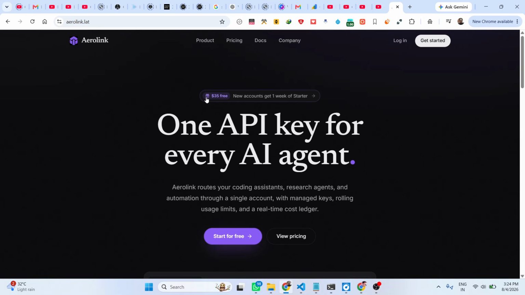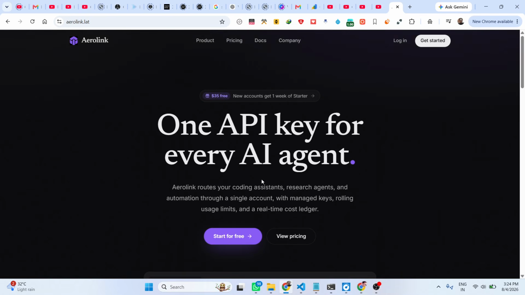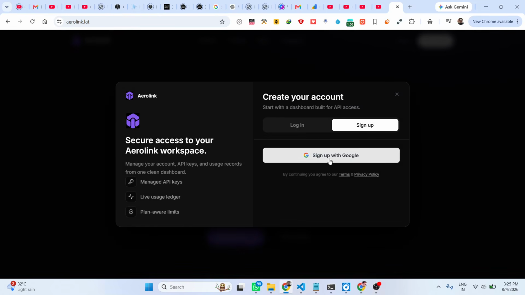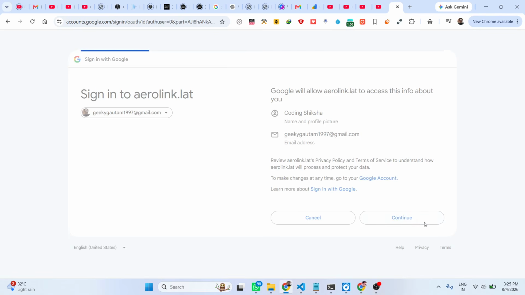I recently discovered this website 1 week ago and it's a very simple website which provides you with a free API key of Claude which you can use in any kind of agent. So now to get started, as you see, you click on start for free and you have this option of sign up with Google. So simply click and just grant access of your Google account and you will get some initial credits once you sign up,